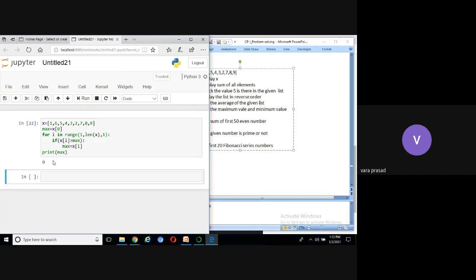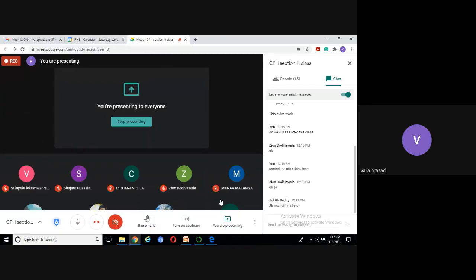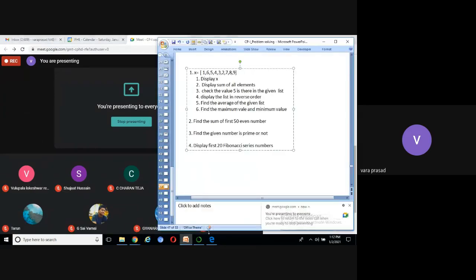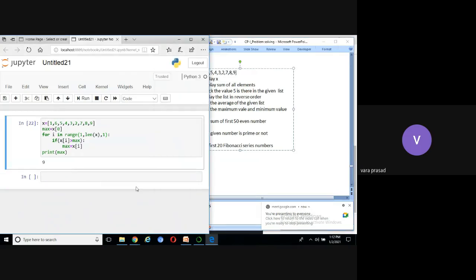What are the changes we need to do in this code?